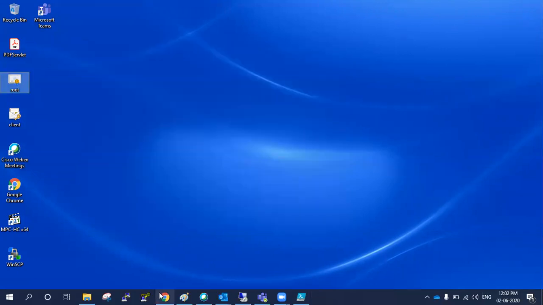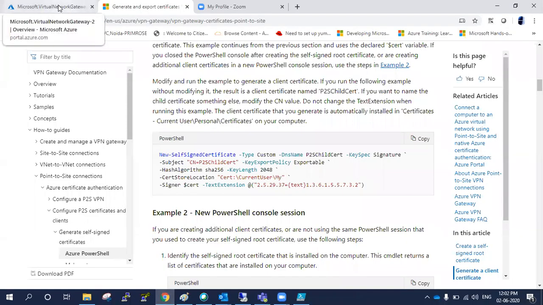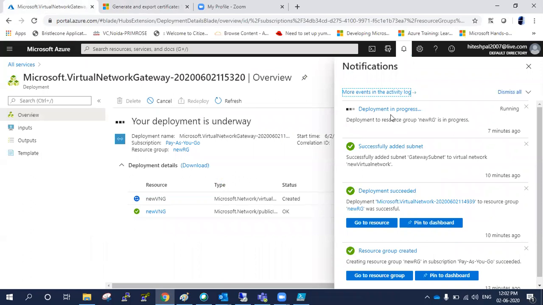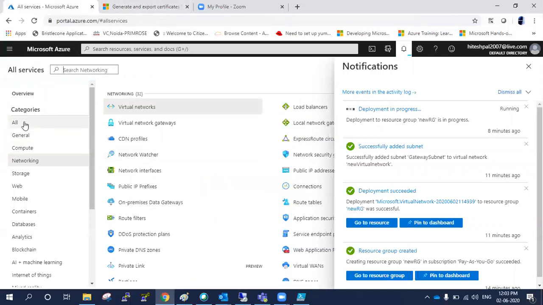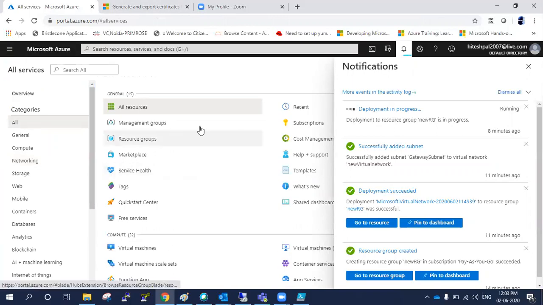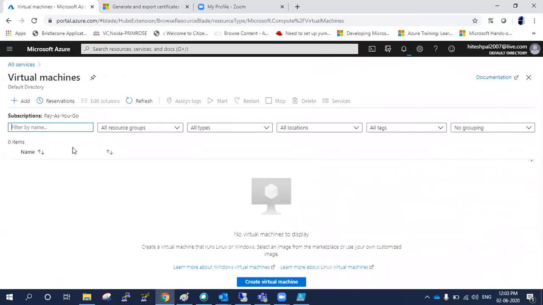Now I'm going to my portal. Let's check. Oh my god, it's still in progress. So in the meantime I'm creating one VM. For the VM, I need to click on all services and here I'm selecting virtual machine.